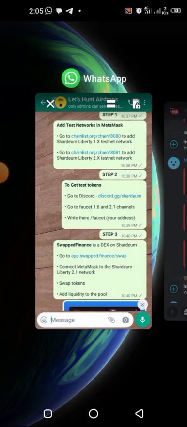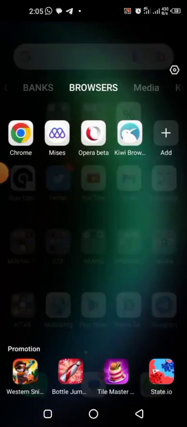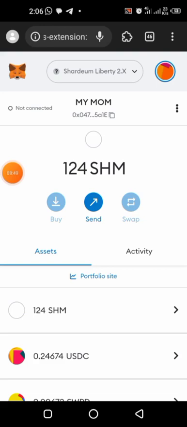So now let's go back to our wallet. Let's go to our Mrs. browser. So can we now see that 100 SHM has been added to our balance? Before we had 24, which shows that it has been sent to our wallet. So that is step 2. We are done with step 2. I don't want the video to run up to 10 minutes. So I think we're going to stop here, and then we continue